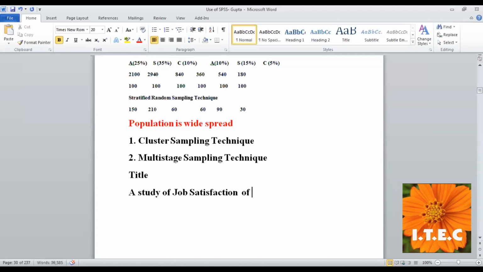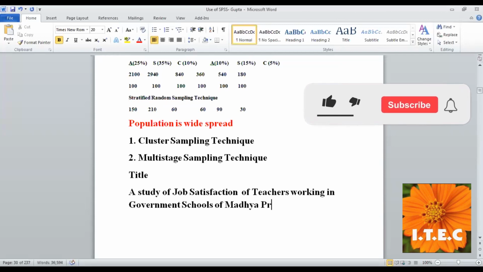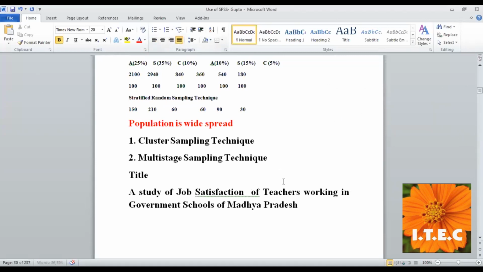of Teachers Working in government schools of Madhya Pradesh. So if this is